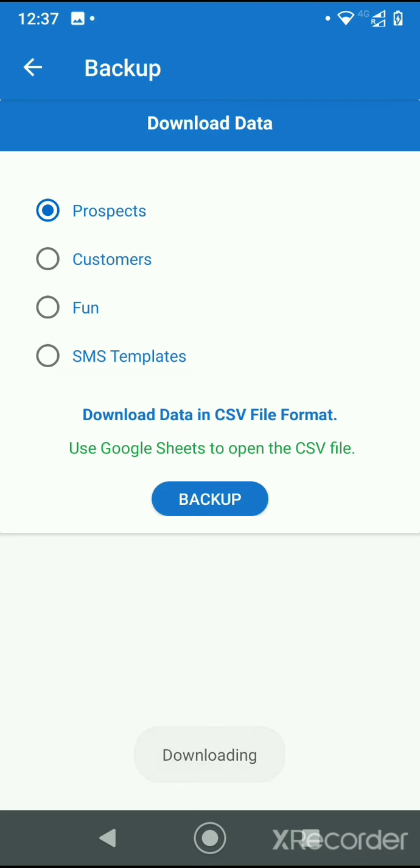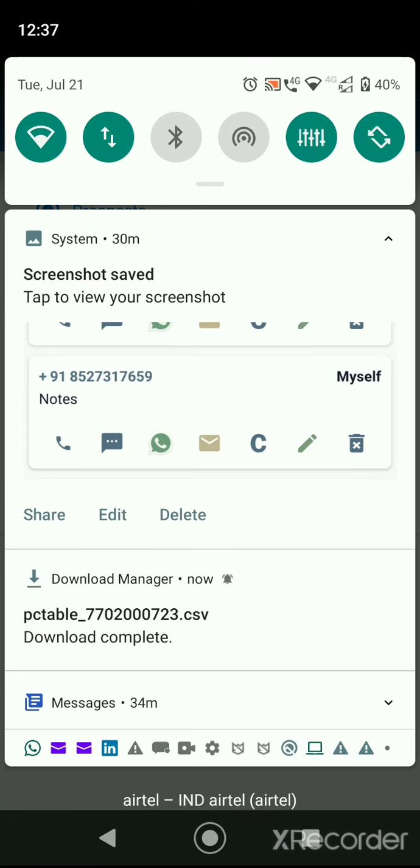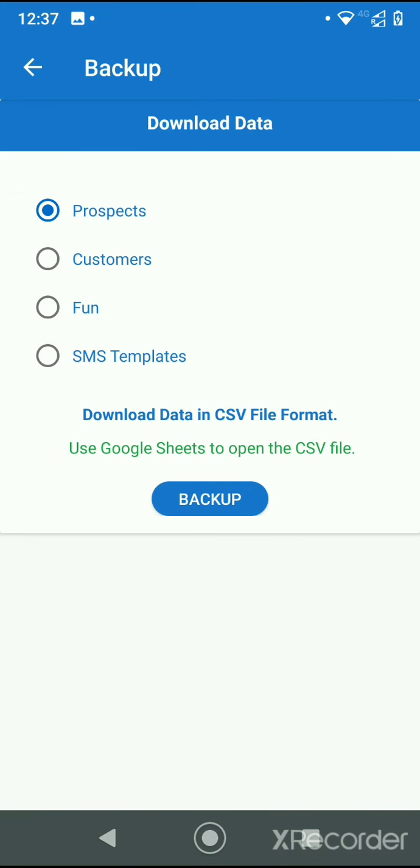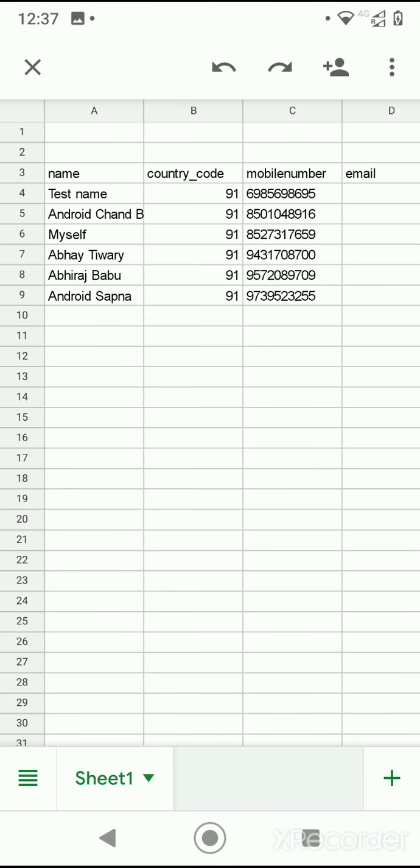It's downloading the data here. Data got downloaded, you see here. Now I can open the file here. So the contacts I downloaded were saved in CSV file format and stored on the device. For that reason I am taking the storage access permission. So that's about the permission.